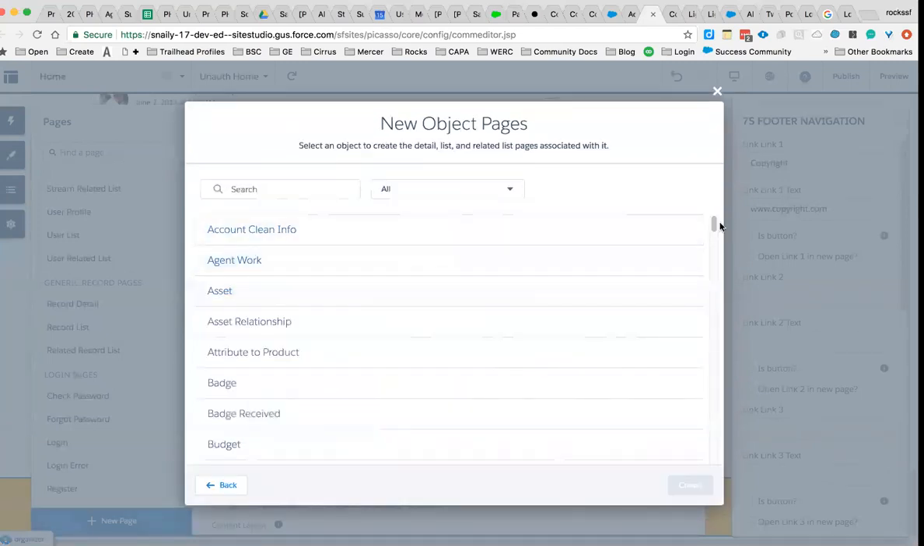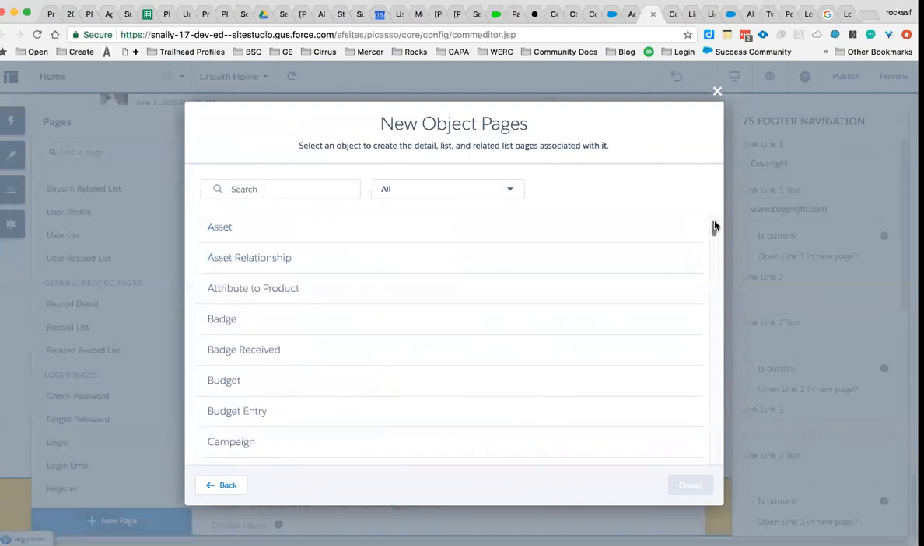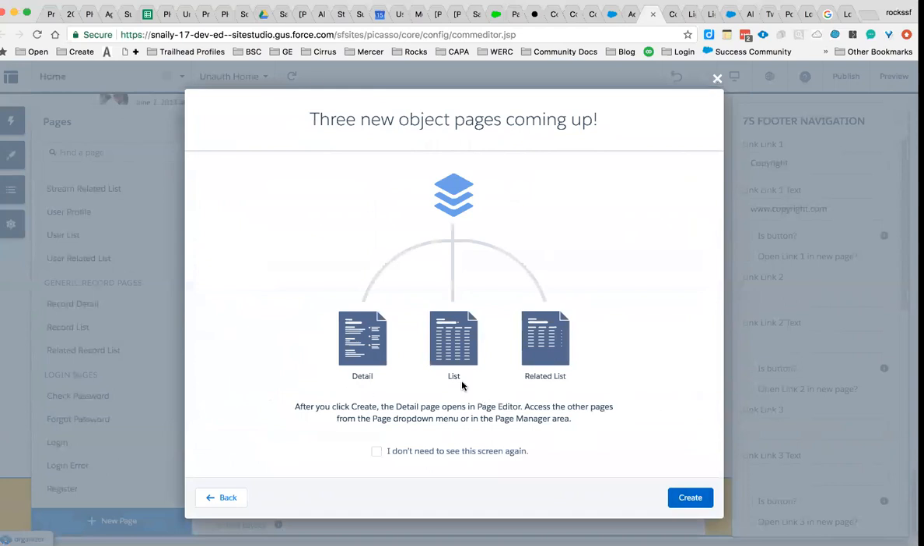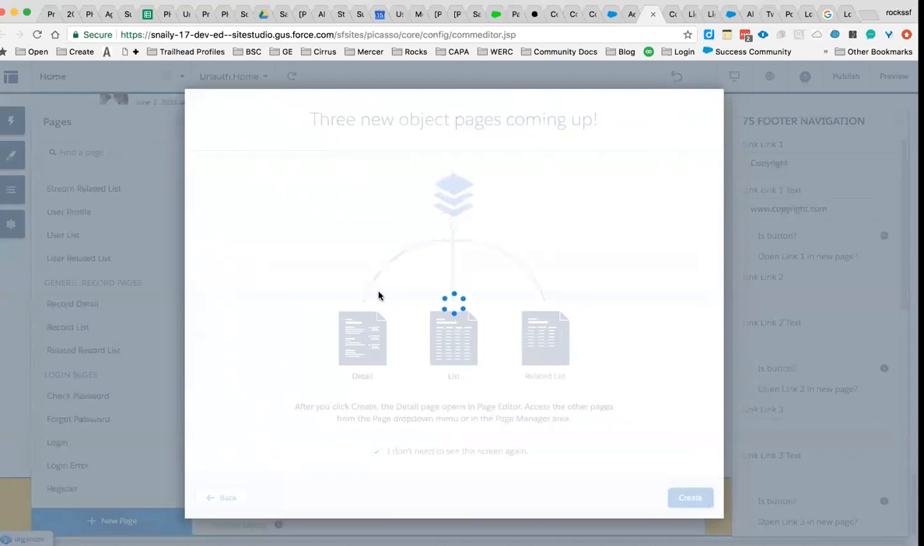Well, I guess if you do not plan to use the out-of-the-box pages for that object, I could see why you wouldn't add it. But as long as you plan on using the object in your community, so 99.9% of the time, it's a great thing to do. If you guys want to add any object, I'm going to add campaigns to my community. And here you can see it's going to create my detail page, my list page, and my related list page. I don't need to see this screen again because that's all it tells me. And now when I go over, once it's finished setting up,